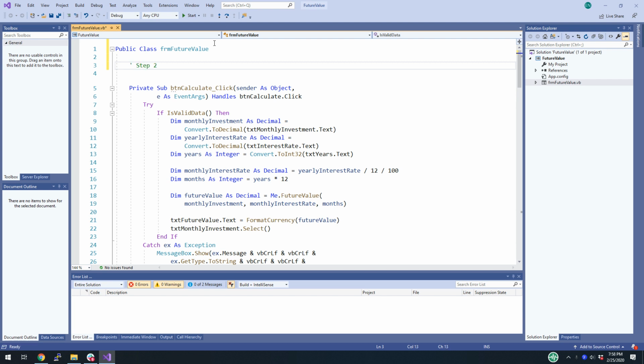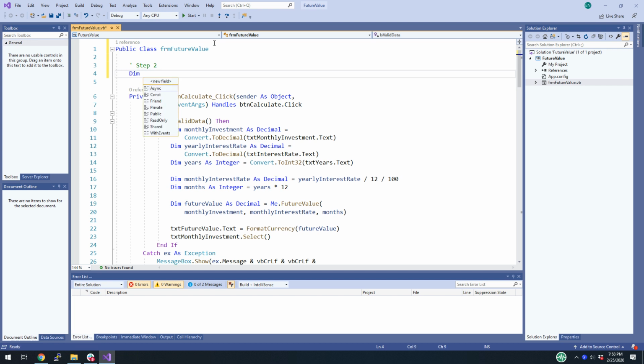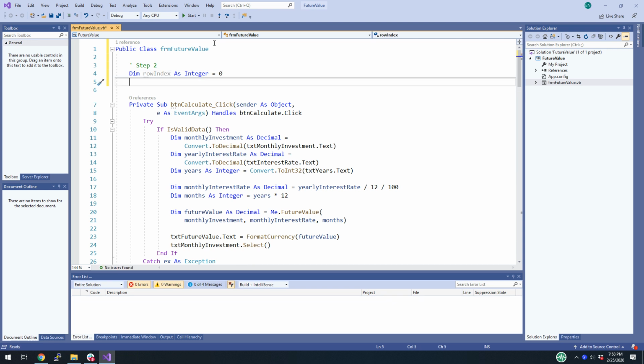The first thing, step 2, says I need a module level variable for a row index and a rectangular array of strings that provide for 10 rows and 4 columns. Okay, so I need my row index, which is an integer because it's an index, it's a pointer. And then I need this rectangular array of strings. So I'm going to say this is going to hold our